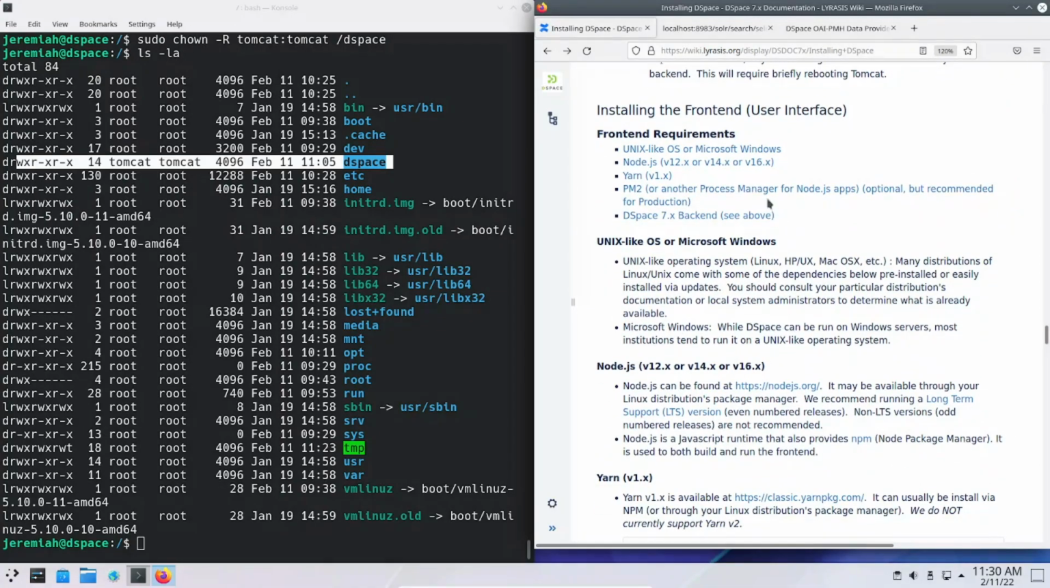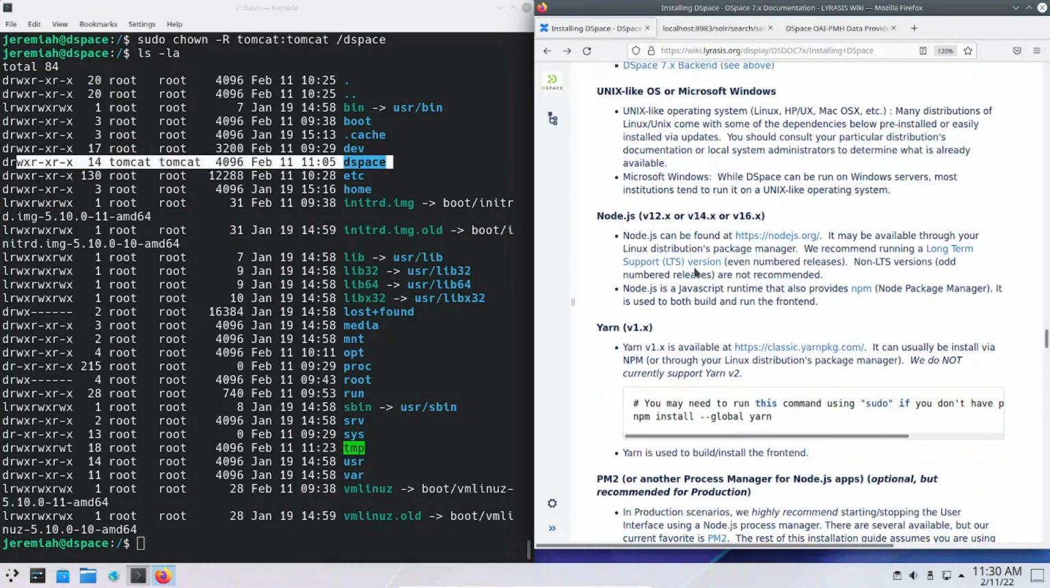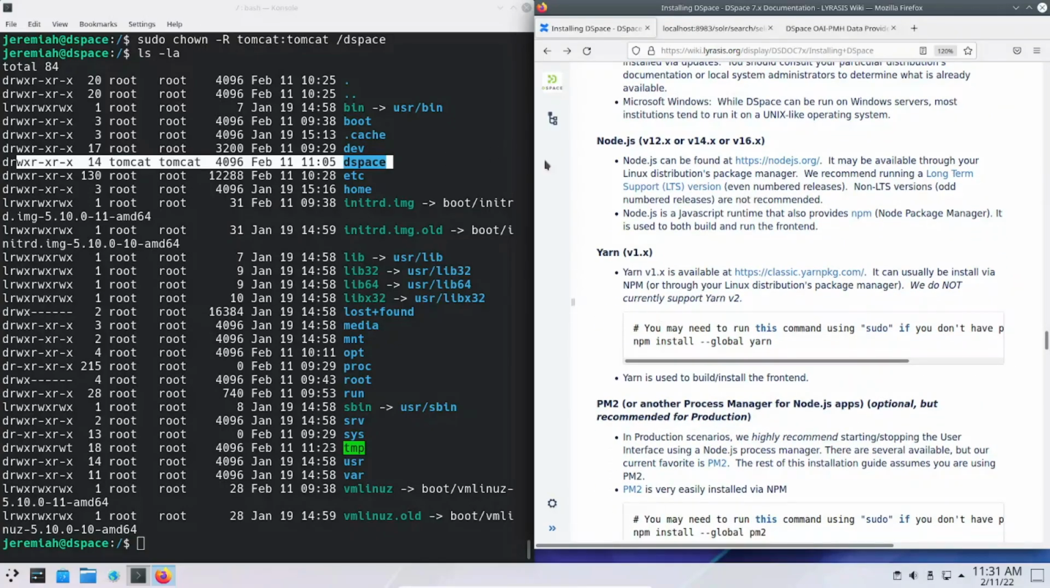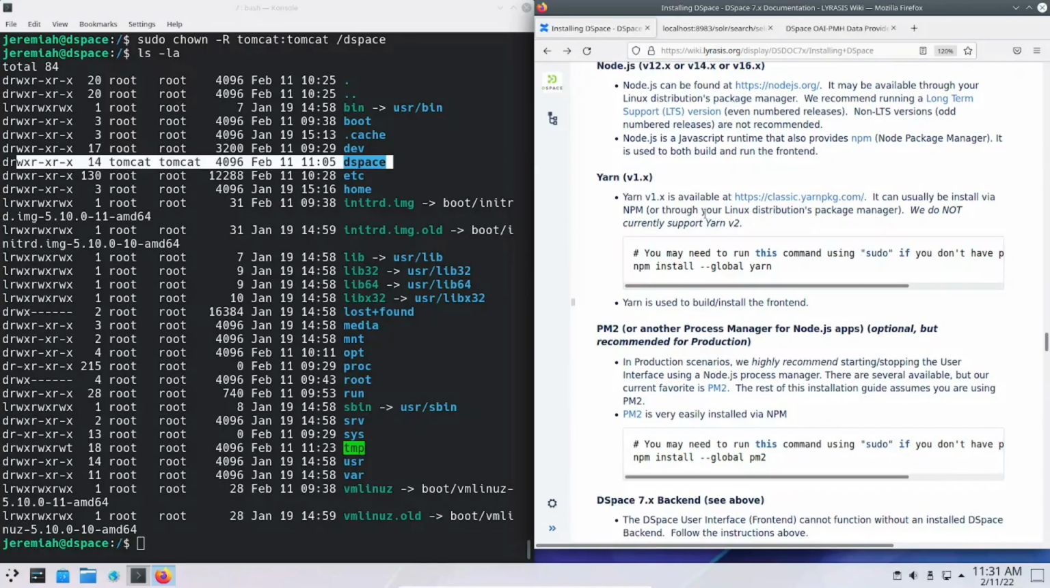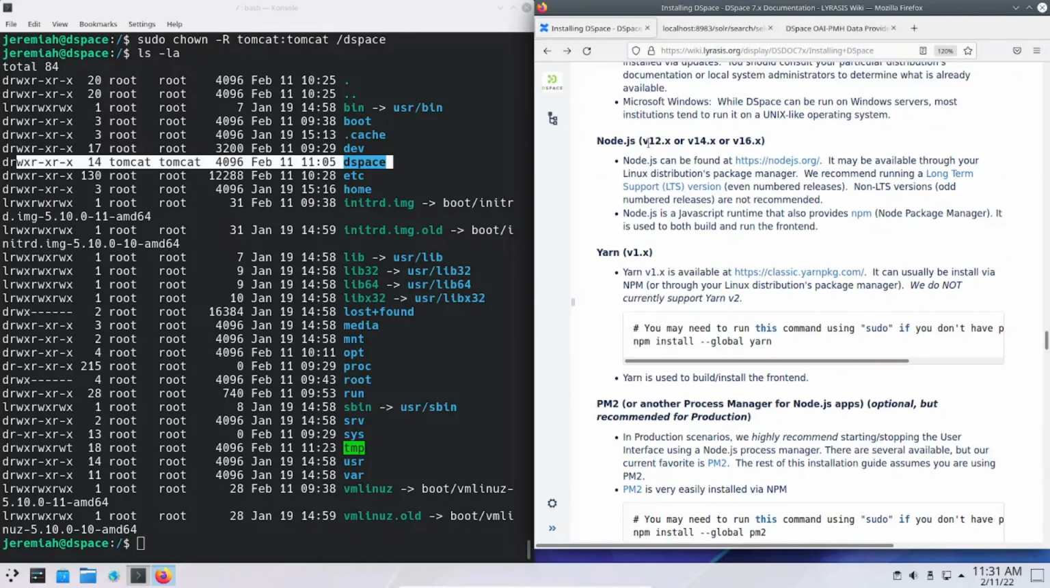So we have some requirements that are needed here, and we'll go through each one of those just like we did with the back end. And just like with the back end, the front end requires a Unix-like OS, so you could also use Microsoft. So we're good to go there. We have Debian 11. Next, we need to install Node.js,